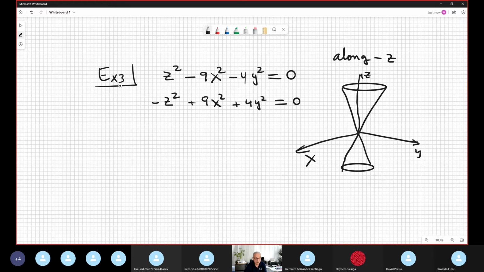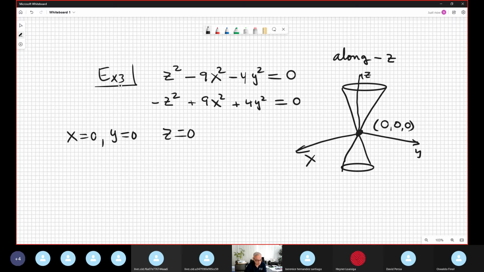Suppose the intercept es X0, Y0. When you plug it in here, you discover that C is 0. And this is totally expected because the origin 0,0,0 belongs to this cone. Well, see, we have one number here. Entonces maybe the vertex of this ellipse is different. But in this case,